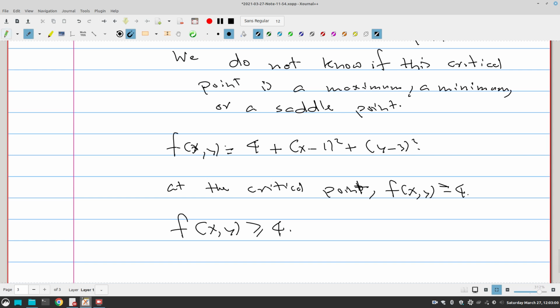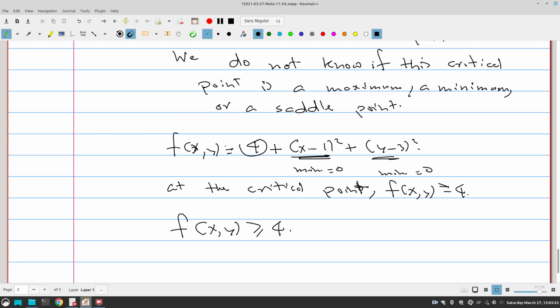Well, that's because each square has a minimum value of 0, and so this must be at least 4. f of xy must be at least equal to 4. So what does that tell me? That tells me that 4 is the minimum value of f of xy, and